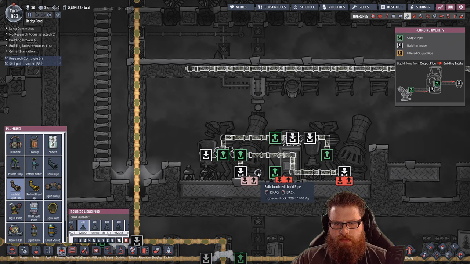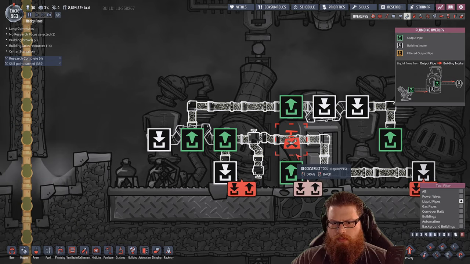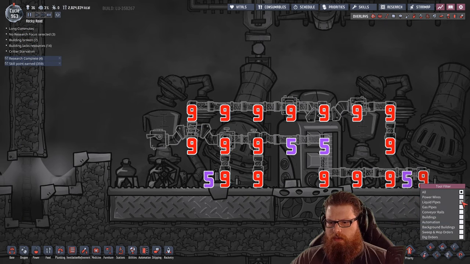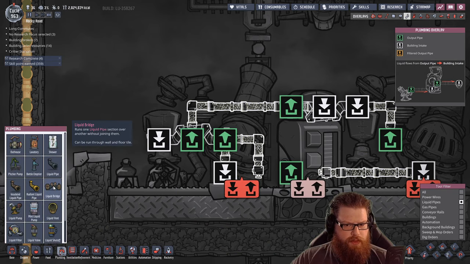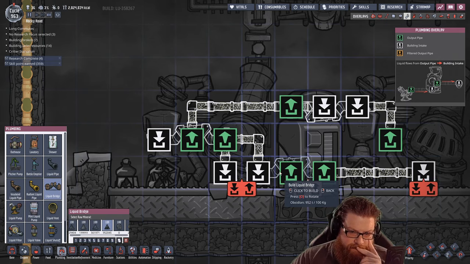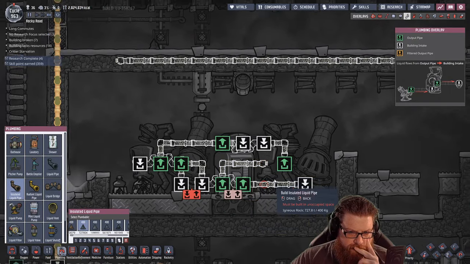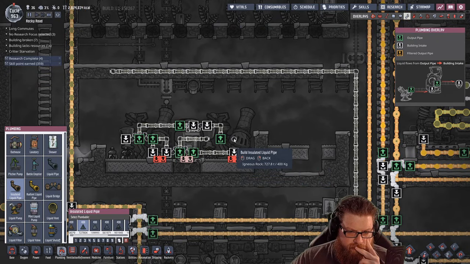We'll do that instead. Oops. Oh, cancel. Cancel liquid pipes. Get the hell out of there. It's going to look like a hot mess, but don't worry. It's going to be fine. And then you'll be obsidian. And then the old petroleum is going to go out of here. And I do want it to come down here first. So you're going to go into...